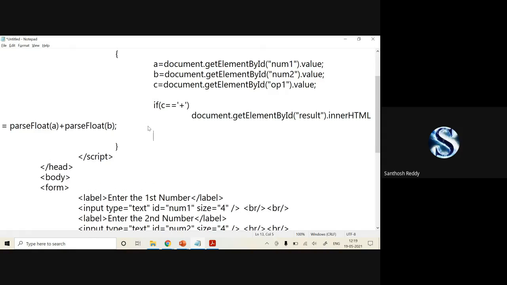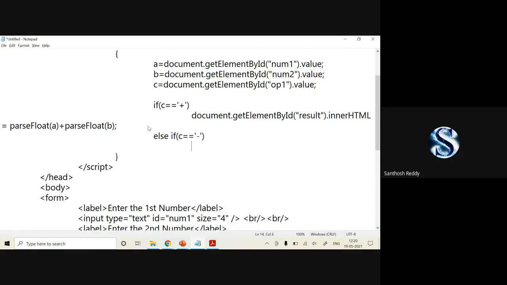So suppose, for example, if you want to work with minus, so write else if open parenthesis C is equal to single quotes minus close, and you can work with this.